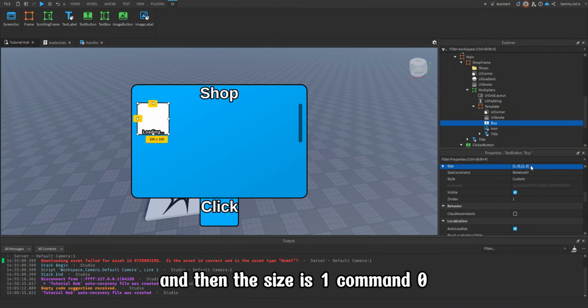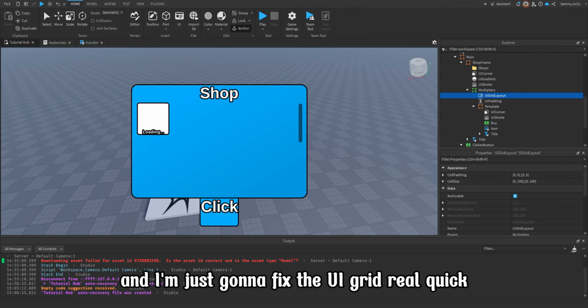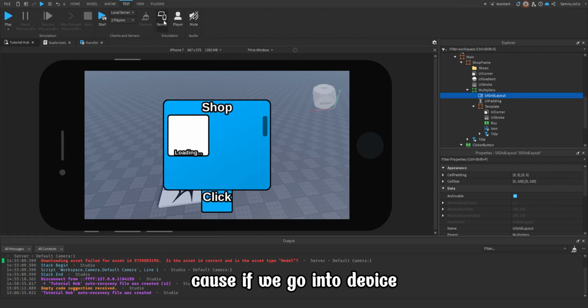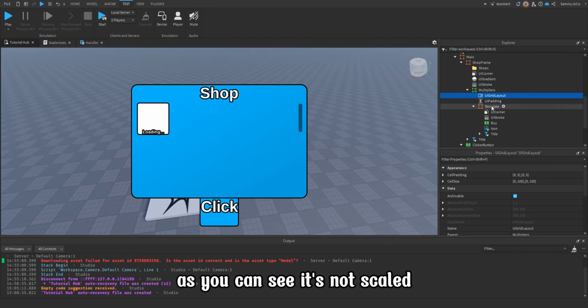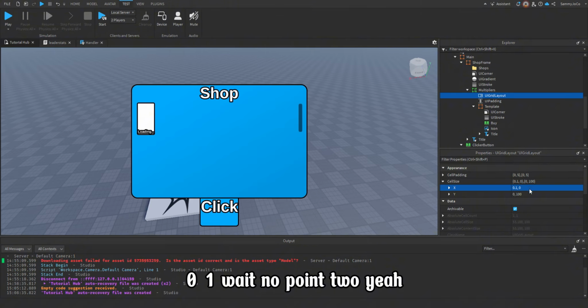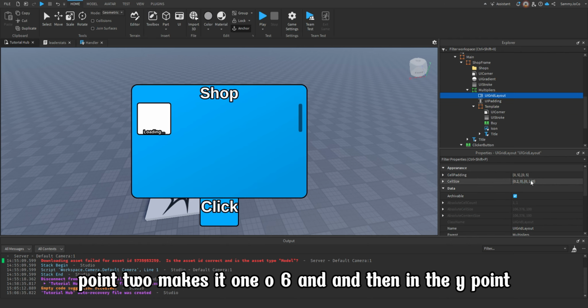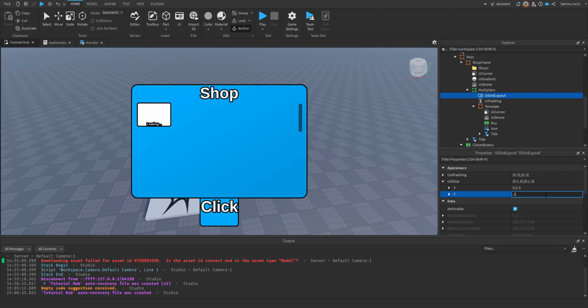And then the size is 1, 0, 1, 0, and I'm just going to fix the UI grid real quick. Because if we go into device, as you can see, it's not scaled. So 0.2, which makes it 106, and then into Y 0.15,